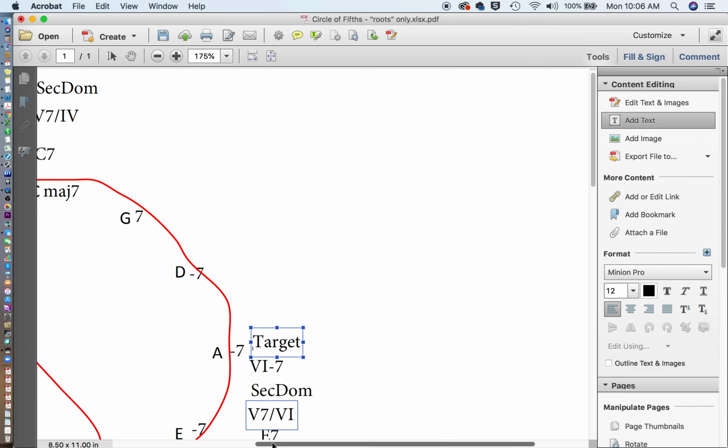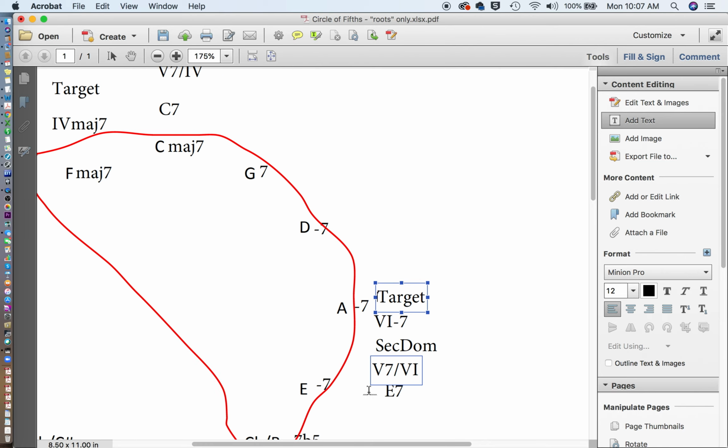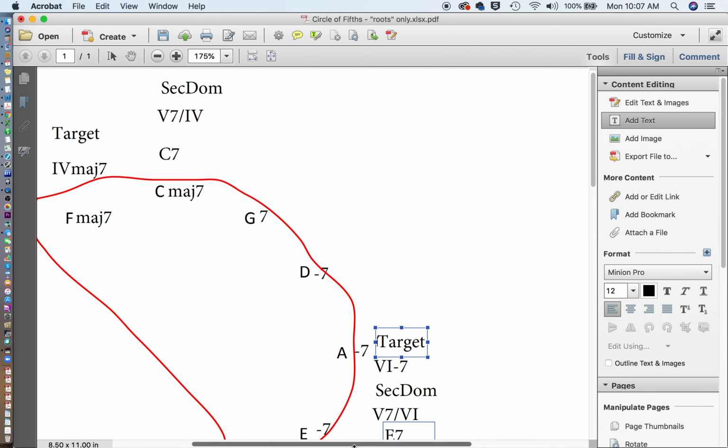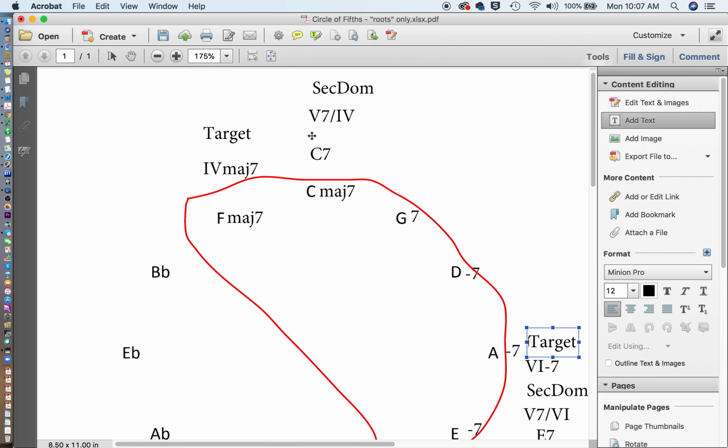Let's take a look up over here. Now, what is this pitch, by the way? It's G sharp, right? That's what makes it not diatonic. Over here, we have secondary dominant is C7, not C major 7, C dominant 7. Is that diatonic? No, because it has the B flat. C, E, G, B flat. So we're in the key of C, but we have that pitch. So now that is non-diatonic,